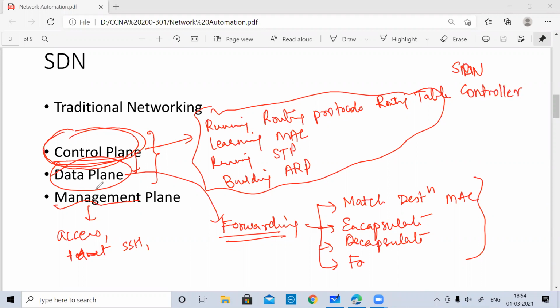And all your network devices like your router, your switch, your firewall, whatever devices you want to manage or push your information to, will only have the data plane. So no more intelligence you will find when you are approaching this kind of SDN solution.